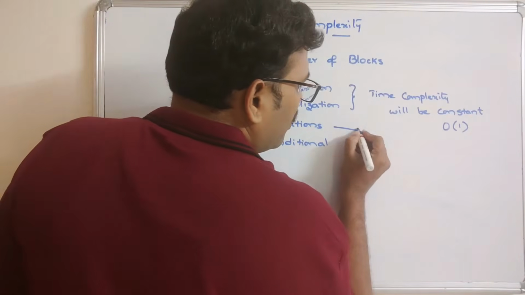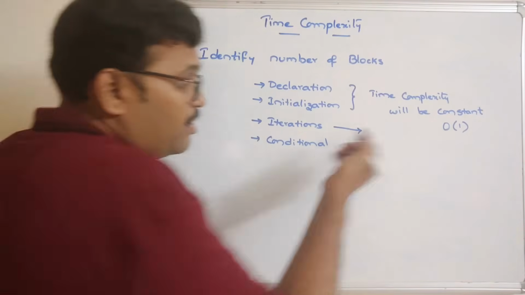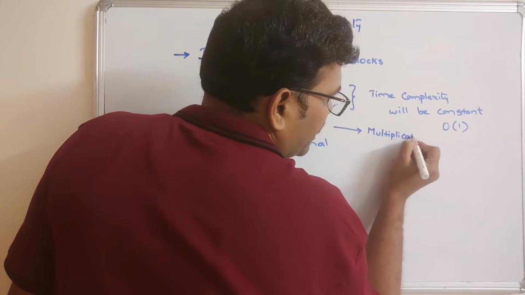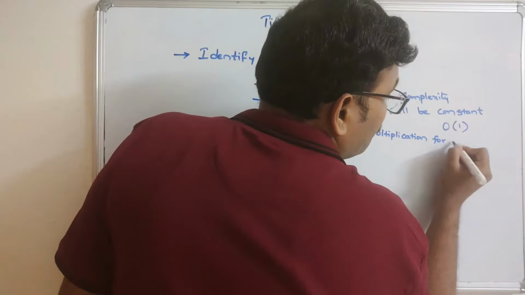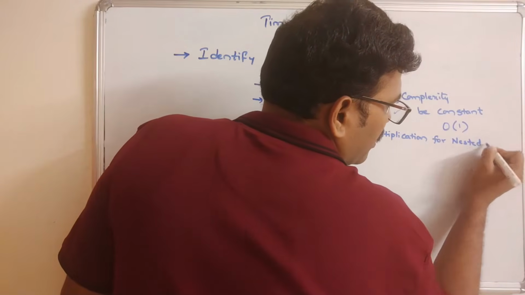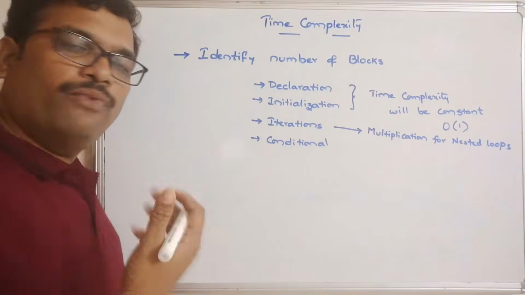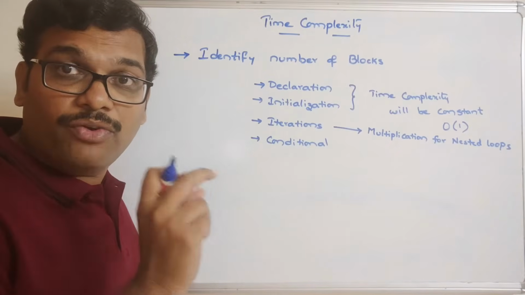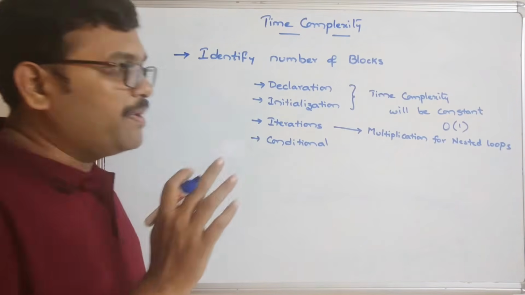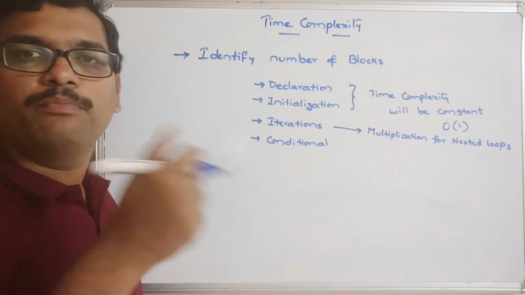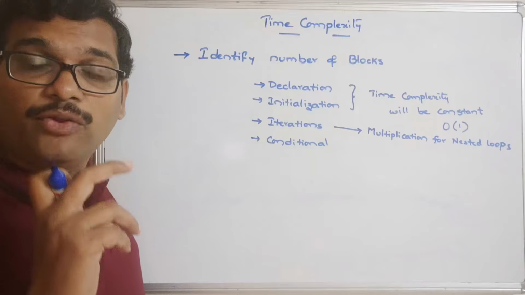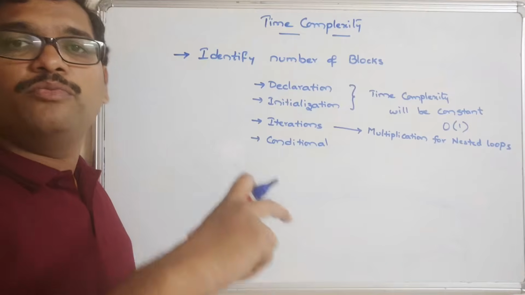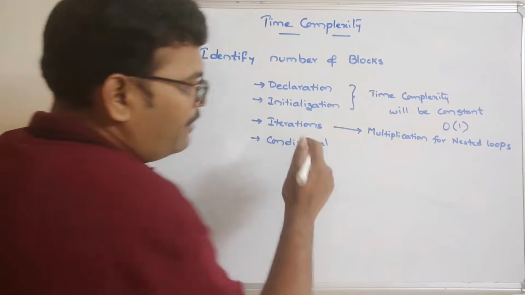if it is nested iterations, we have to use multiplication for nested loops, either a for loop or a while loop. So if it is nested, then we have to use multiplication. So we have to find out the time complexity for each and every loop and we have to multiply. First we have to calculate the time complexity of the inner loop and the time complexity of the outer loop, and both we have to multiply. And if it is a